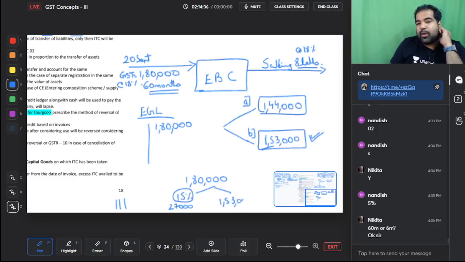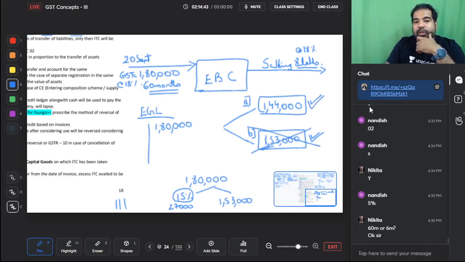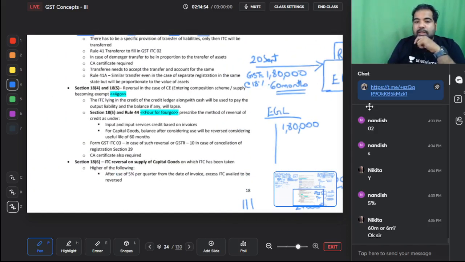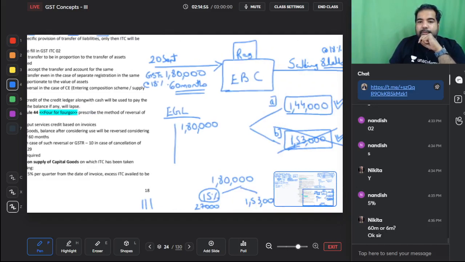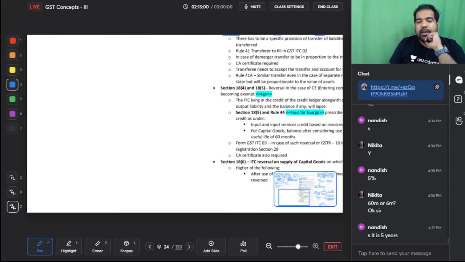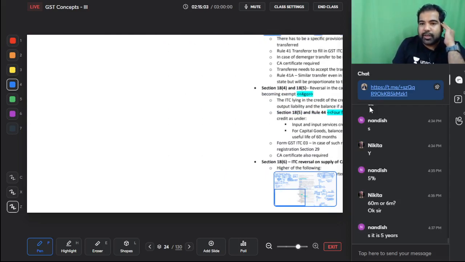But guys, what if you sell after 60 months? Then this calculation will not happen. Only whatever you sell it at into GST rate. Why? Because you are registered, guys. Even when you sell this machine, you will charge GST. So this is 18(6). Until now, we are reversing everything. What is being reversed is 5% per quarter. We'll do a sum on this. Even in the MCQ booklet, there is a sum on this. But I am very tempted to finish section 18 with the last section, that is 18(4) and 18(5).